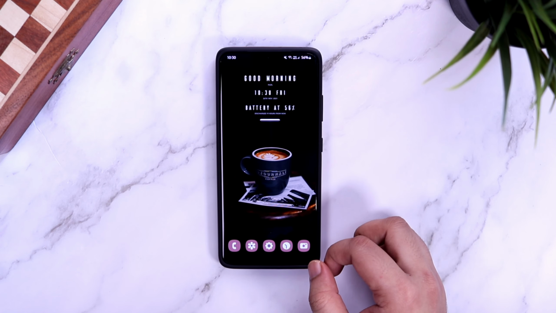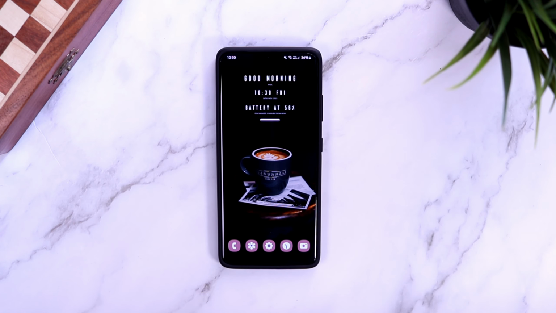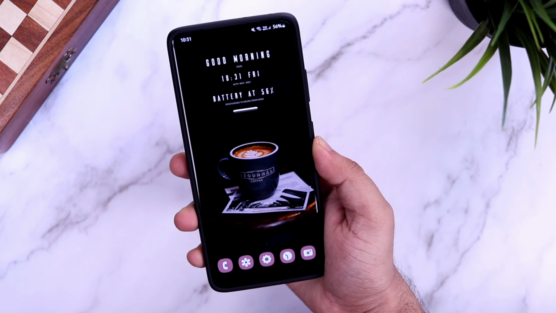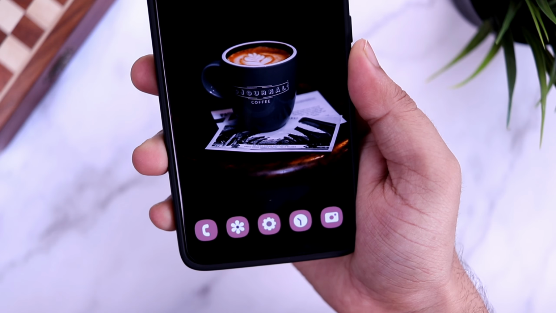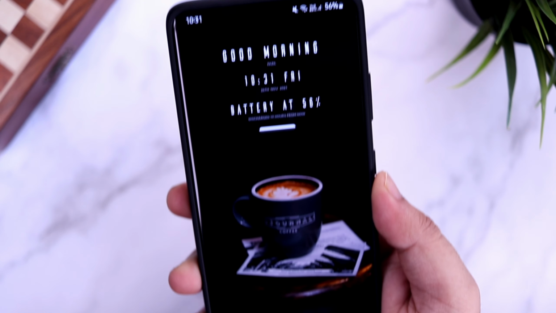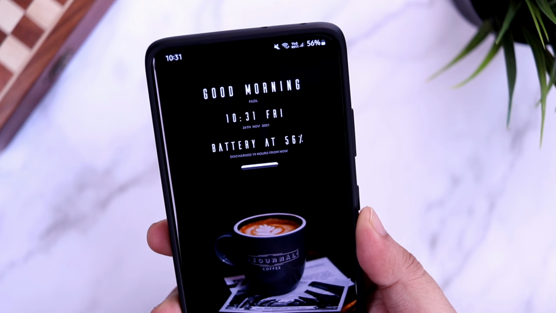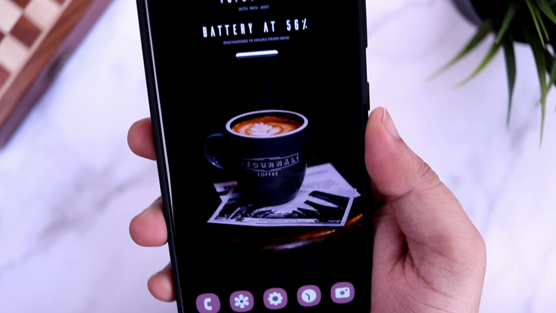Well, if you own a Samsung device and if you have already got this update of One UI 4.0 or are still waiting for this big update on your phone, then this video is going to be super useful for you. Today I will be showing you 6 important settings that you need to change in One UI 4.0. With that being said, make sure to watch this video till the very end.